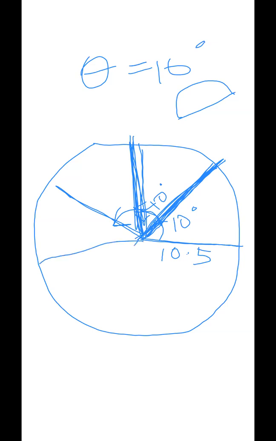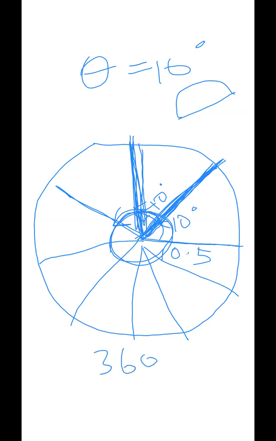So this is how you will divide your circle into several triangles. How many triangles? See, this full angle here is 360, and each triangle has 10 degrees. So 360 upon 10, you will get a total of 36 triangles. Your circle will get divided into 36 different triangles. I hope this is clear.